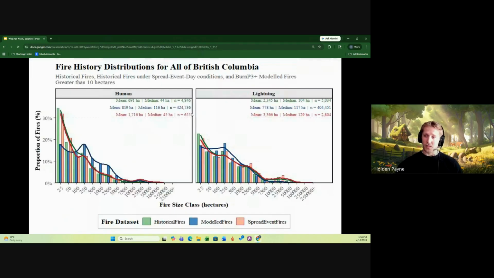And then the benefit to this approach is you can also stratify by human and lightning, and we could see that the error in our model, where our model didn't do as well, was mostly in those human fires. We actually think that's a good thing, because that tells us that we're predicting the type of fires that Burn P3 does a good job predicting, and that this effect, wherein we have more medium to large fires in human ignitions, is probably a suppression effect.